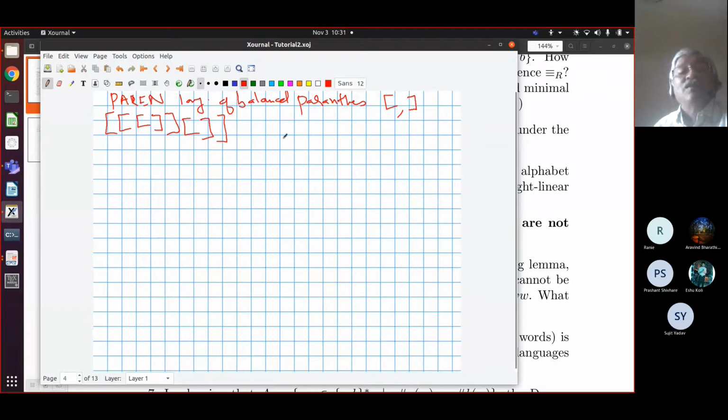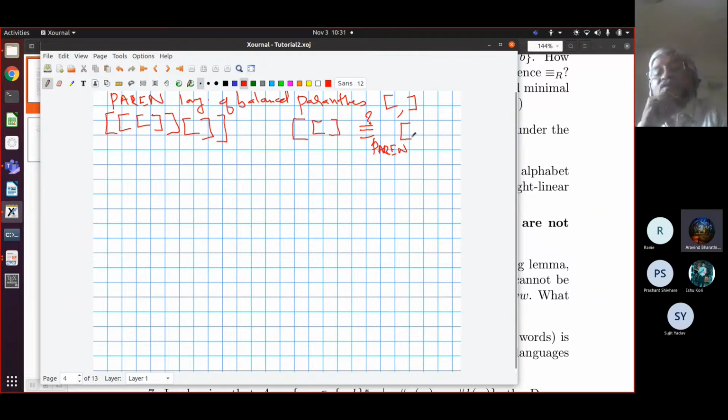So Arvind, suppose I've got a string like this and I've got this string. Are these equivalent? That is my question to you. Are these language equivalent or parent equivalent? Let me write it properly. Are these parent equivalent? This left bracket, right bracket, and left bracket. Is there any word by which you can extend this and it will take you to the language, but the right hand side will not take you to the language?